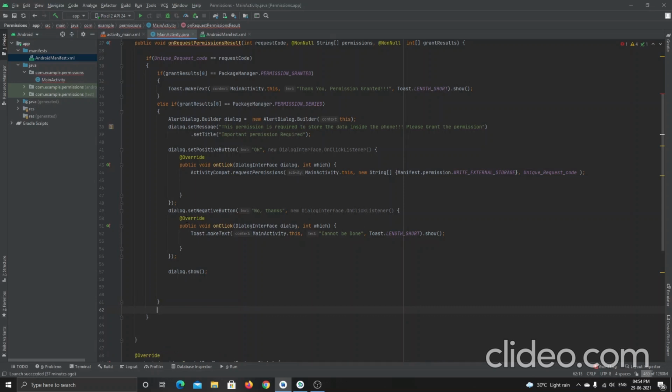Okay, like if the permission is denied, it is asking the user. Let me give some space here. Now inside this I will just use another if statement. When the application enters this request code if loop, it checks the condition. If the user clicks on the allow button, let me show you here.